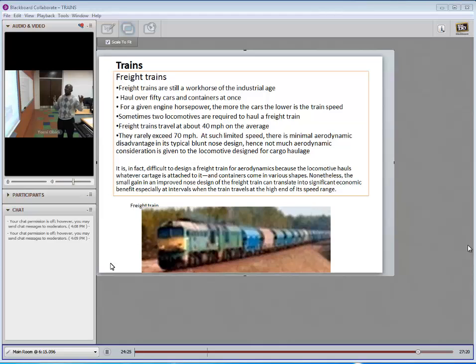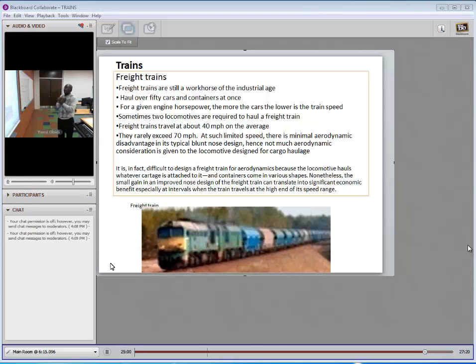Freight trains don't say, I'm only carrying cars today, or I'm only carrying completed trucks or engines. Different types are put in different positions. There's no arrangement, and so it's really difficult to have a coherent aerodynamic profile for the cars following the engine in the freight train. It's hard to find freight trains exceeding 70 miles per hour, but